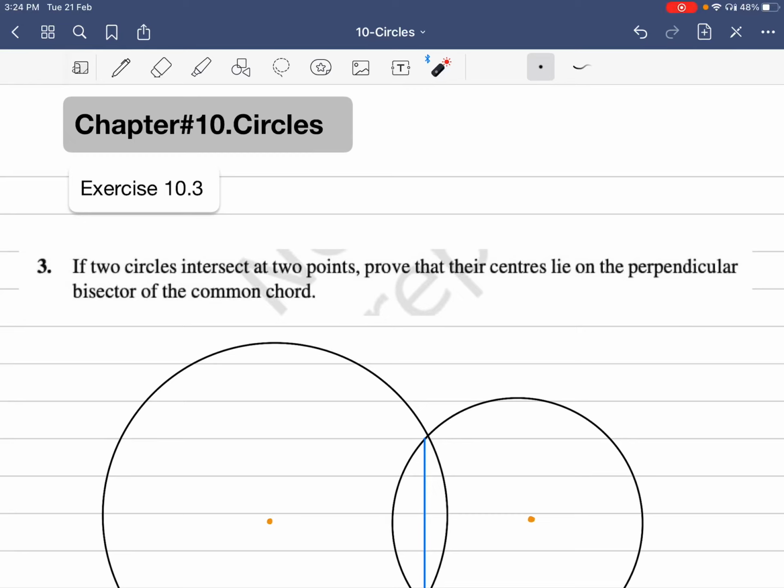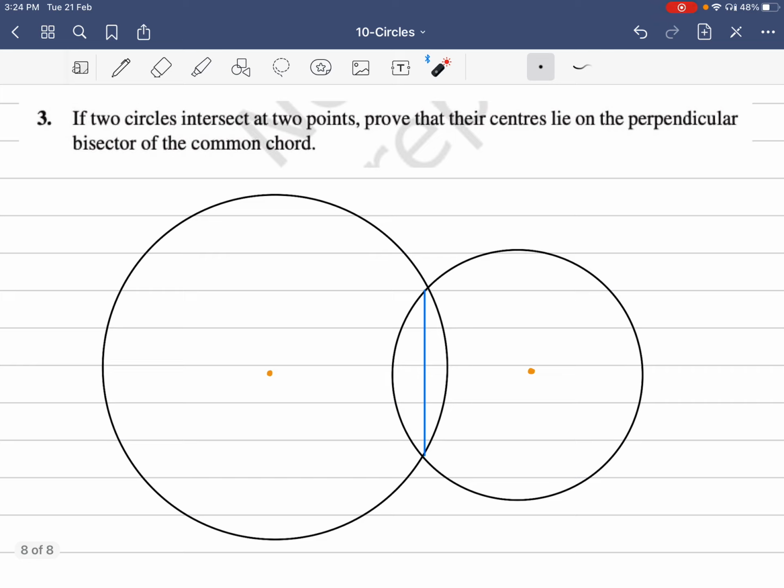So in this video, we're going to see a problem from exercise 10.3, which belongs to chapter number 10, circles, and we're going to see problem number 3. So let's read what the problem is. If two circles intersect at 2 points, so here is the diagrammatic representation, circle 1, circle 2, intersecting at 2 points,